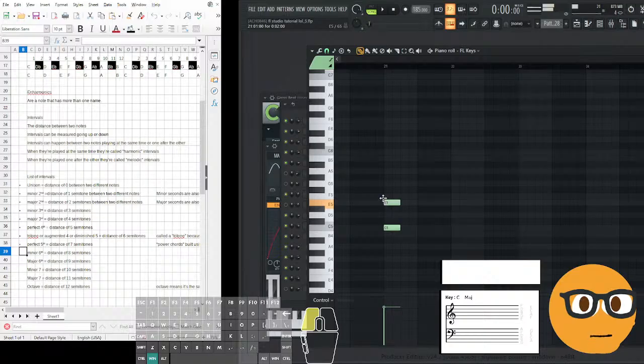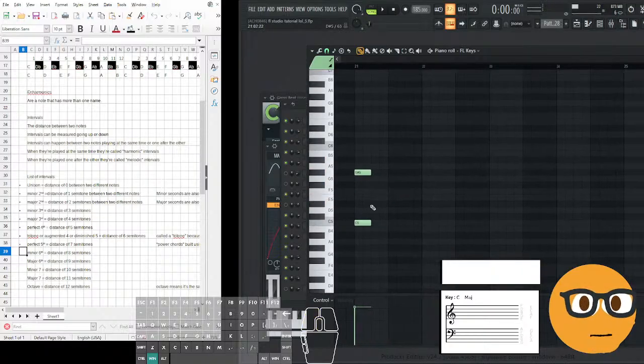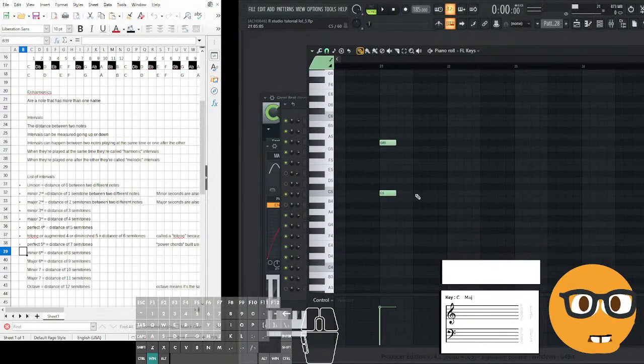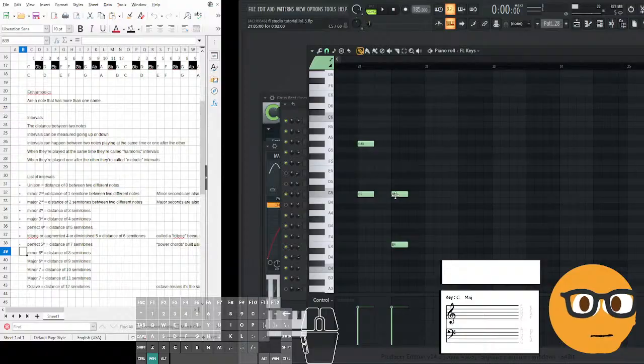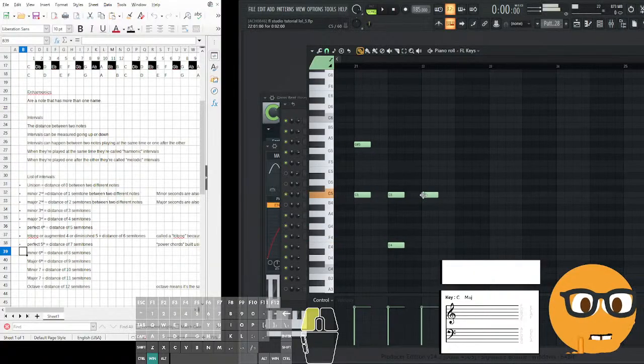1, 2, 3, 4, 5, 6, 7, 8. So C up to G sharp is a minor sixth, and if we wanted to find a minor sixth downward, we go from here down 8 semitones. So 1, 2, 3, 4, 5, 6, 7, 8. C down to E is a minor sixth also, and if we want to hear them one after the other,